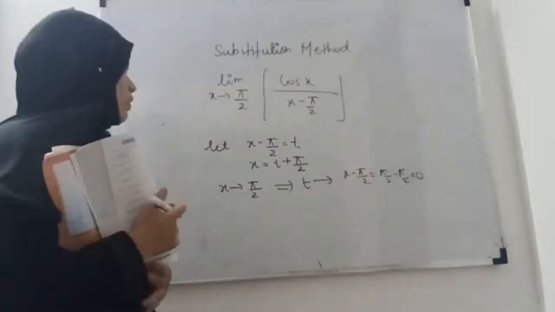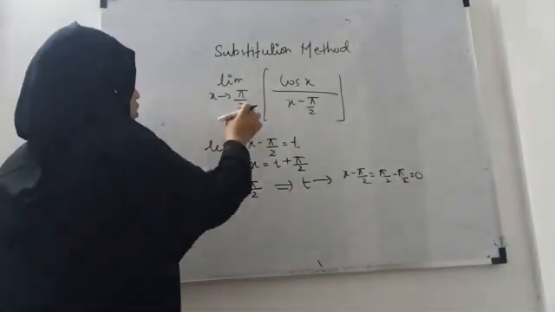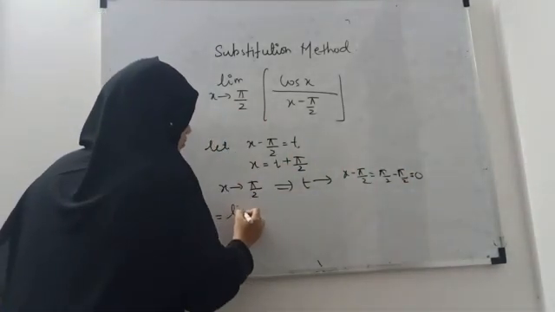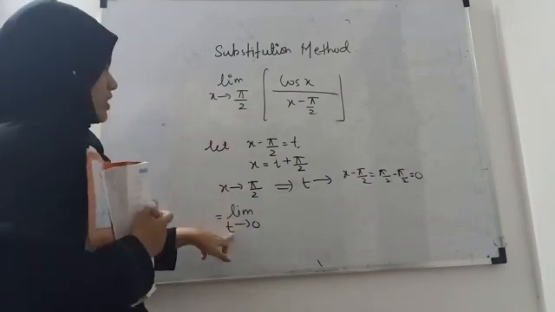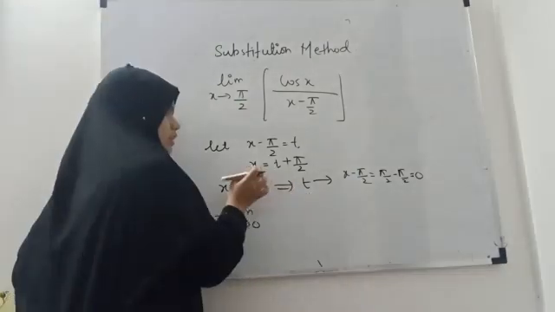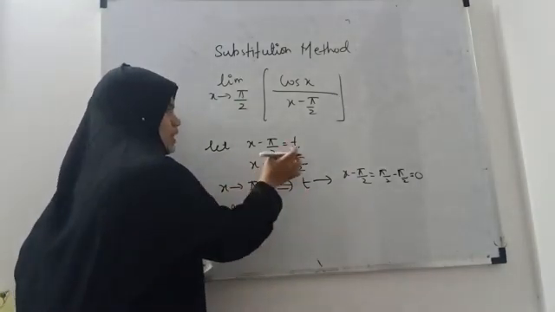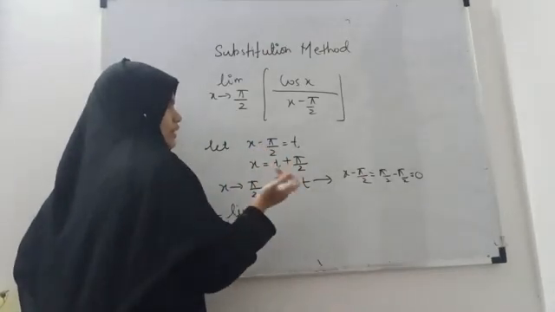So whenever your x tends to pi by 2, t will tend to 0. So your new function becomes t tends to 0, right? X tends to pi by 2 means t tends to 0. How to find out the limit of the t? Just substitute the value of x in this t. So pi by 2 minus pi by 2 is 0. Then t will tend to 0, and here it will become